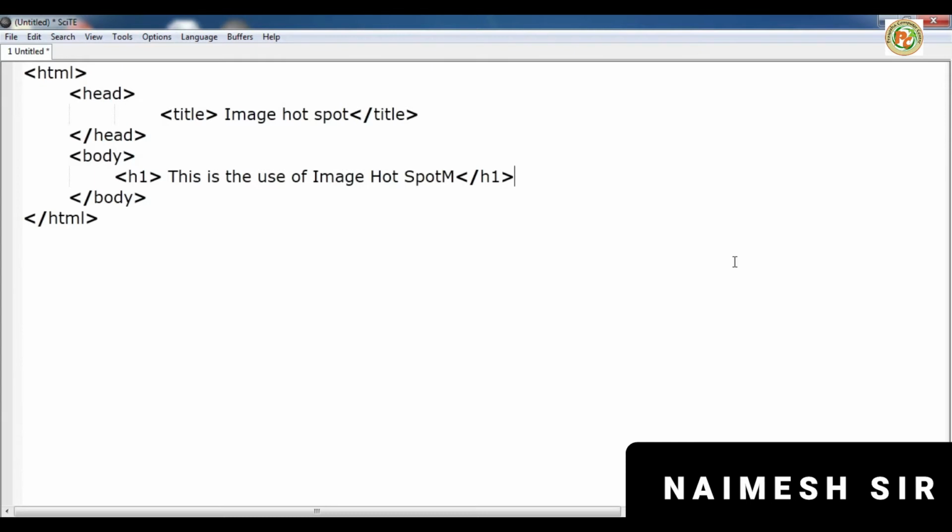Now inside that we want to put an image. How can we put an image? It is very simple. We have to put the img tag with src, means source. We type the source, and after that we can define height and width, and then close the img tag.